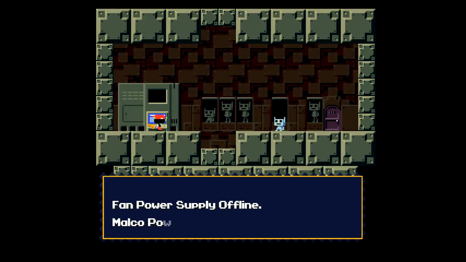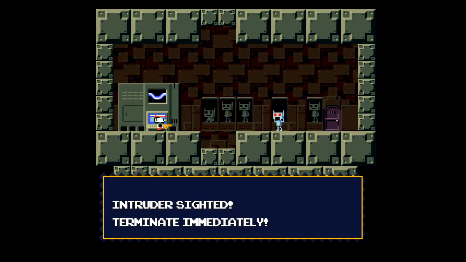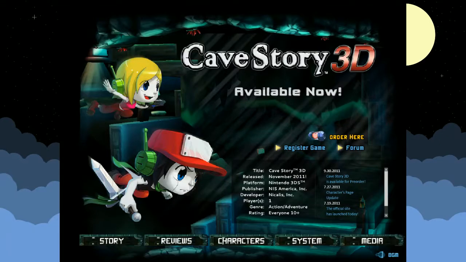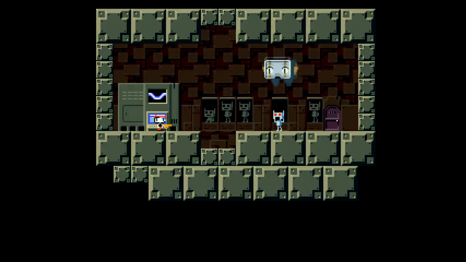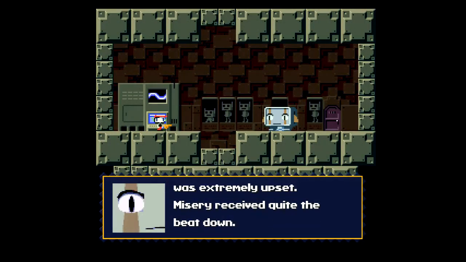With Adobe officially ending all Flash support on December 31st, 2020, I think now is a good time to document a piece of Cave Story's history that requires Flash. That's right, I'm talking about everyone's favorite website in the world, the official page for, oh goddammit, it's Cave Story 3D again. Yes, today I will be looking at everything Cave Story 3D's official website has to offer before it